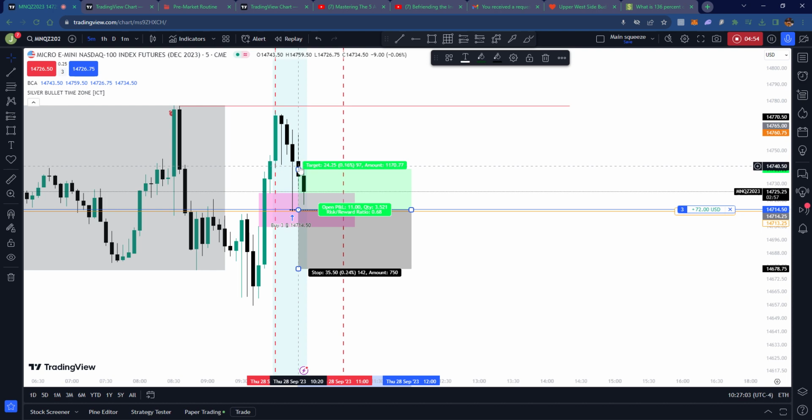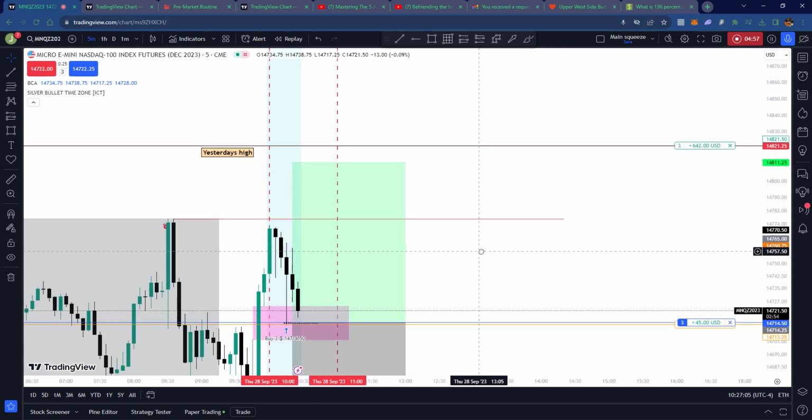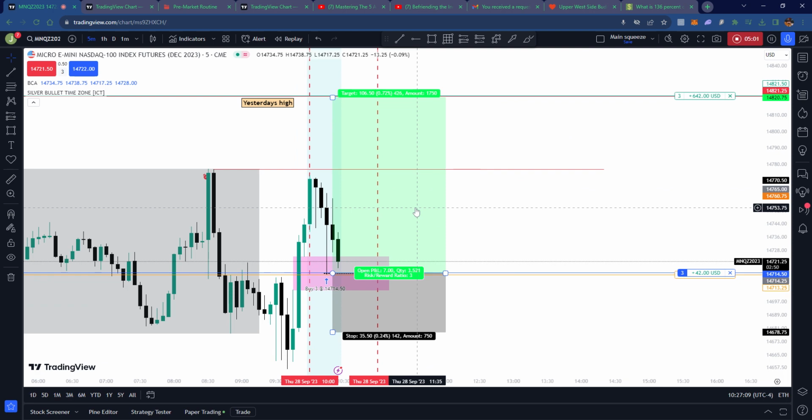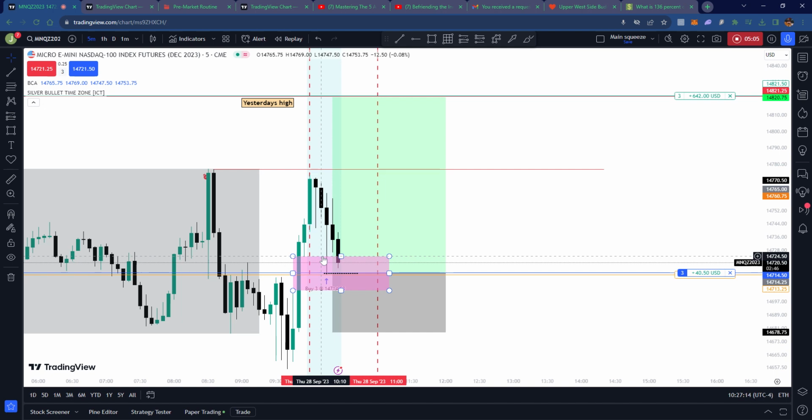I had my entry right here. I had my stop. My take profit all the way at yesterday's high was just a clean 1 to 3. So that's the only reason I took 50%. Most of the time I'd enter right away, but you know, so we went down, and that's kind of just,